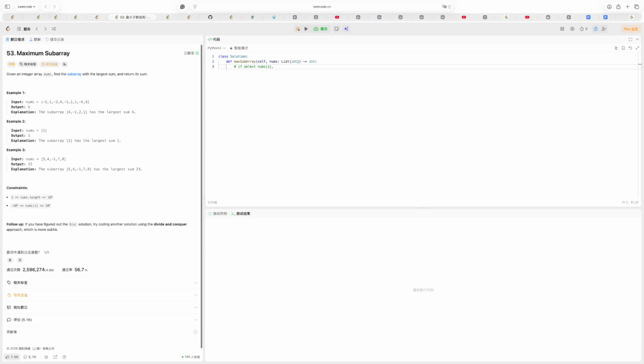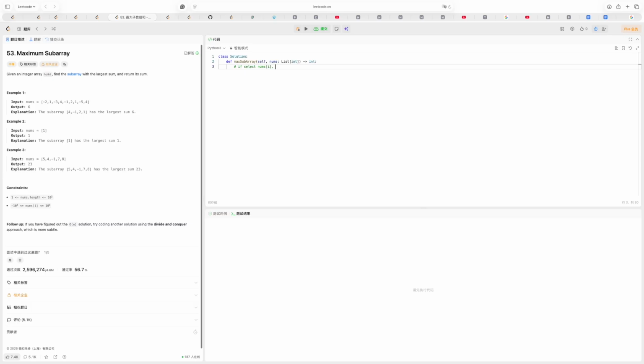Okay, let's stay with the two options. If selecting the last nums i, if we select the last element, the problem will become